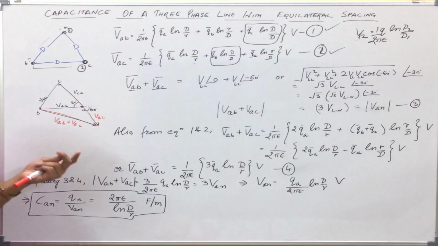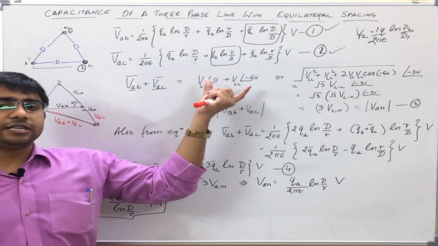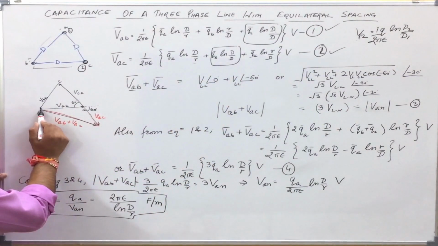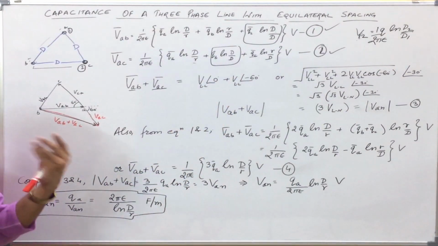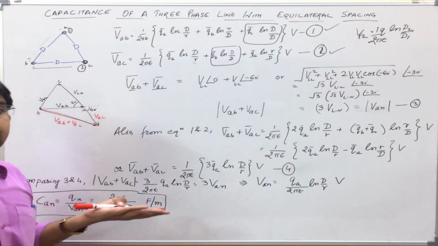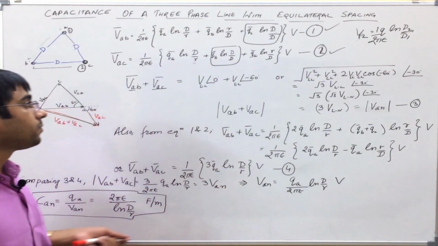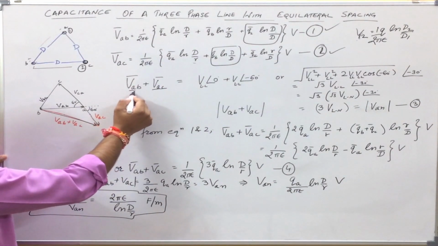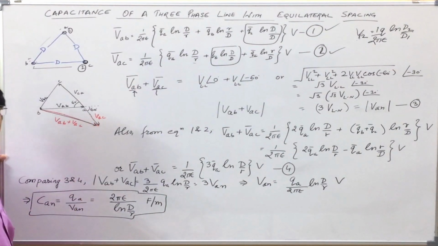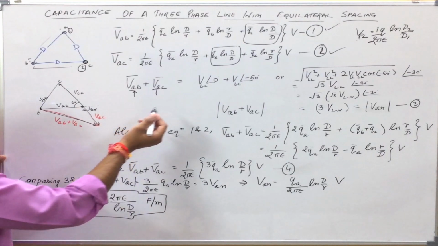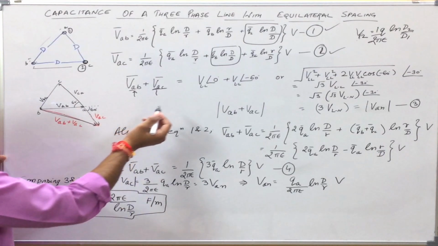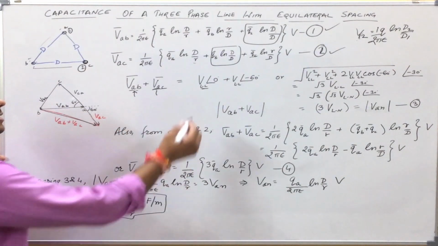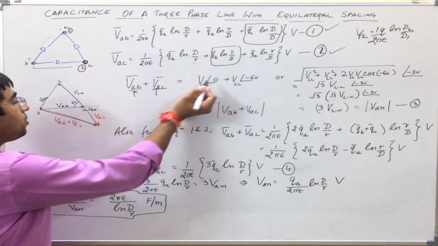What will be the magnitude? I can write it directly using a calculator, or using the method of addition of phasors or vectors, since phasors add similar to vectors. As we already know that VAB and VAC are line to line voltages, I have written their magnitude as VLL, that is V line to line. I am taking VAB as the reference phasor, so this will be V angle 0.